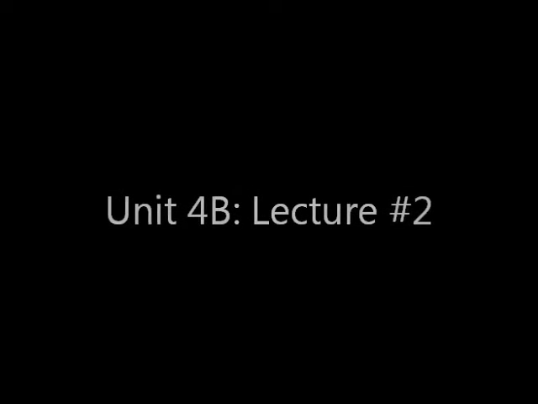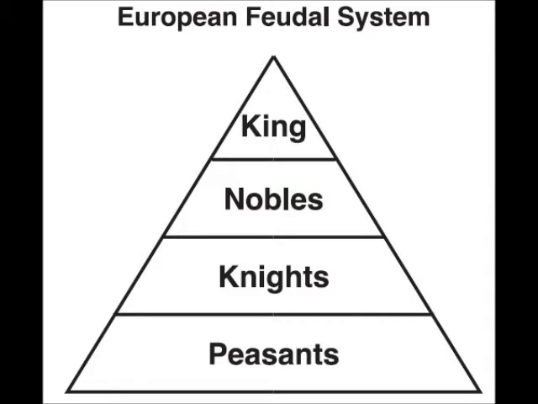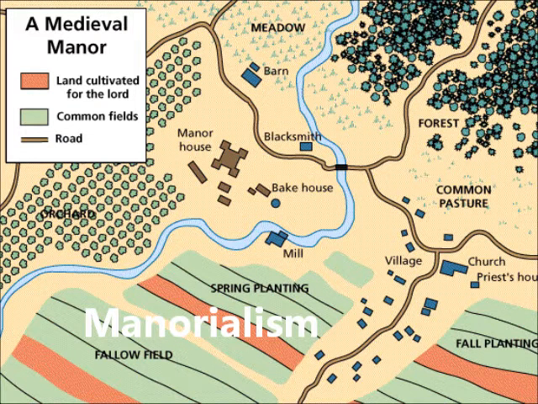This is lecture number 2 for Unit 4B. The breakdown of Charlemagne's empire and Carolingian rule, due to Charlemagne's death and then the division of his empire into smaller kingdoms, resulted in a new political and social system called feudalism. It also resulted in a new economic system based on the feudal way of life called manorialism, or the manor